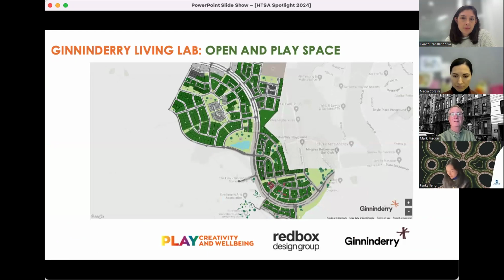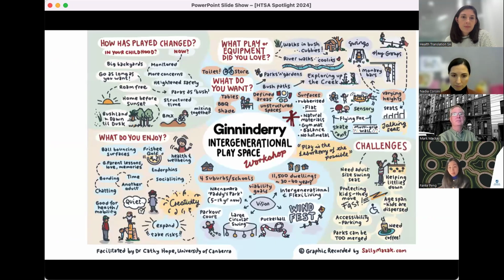Basically for this project, what we were trying to do was understand, again at the community level, what has been done, and in terms of creating the first intergenerational play space in the ACT, what the current gap is and what we should do. On the slide, it's a co-design workshop we did. It's one of the many we did, and it was visualized for better understanding. Especially when we're trying to share our understanding, we find that visualizing the conversation is really helpful. I'm not going into the details, but just to give you a little flavor of this.